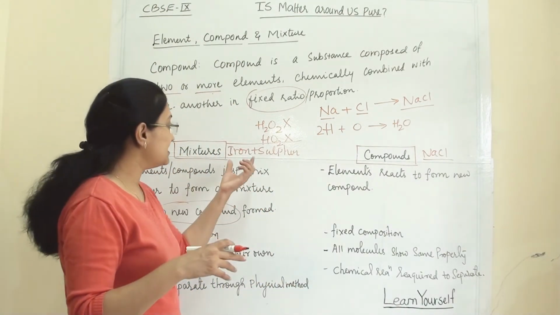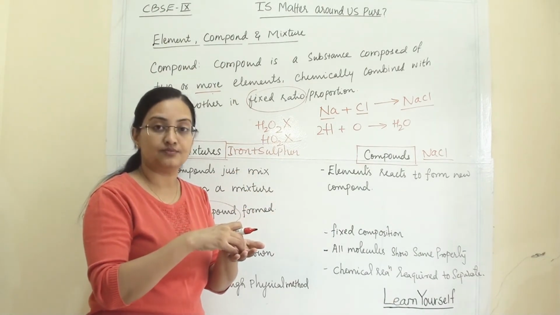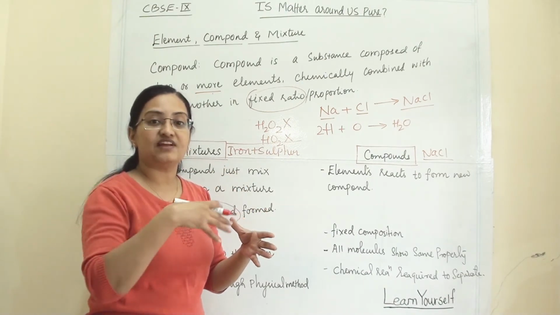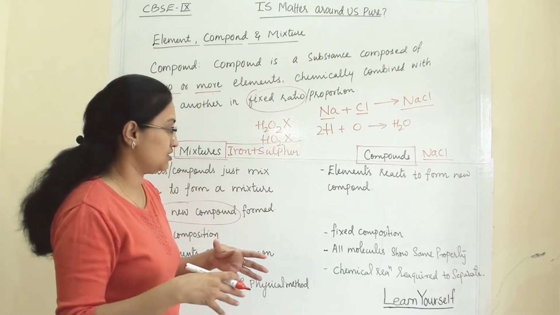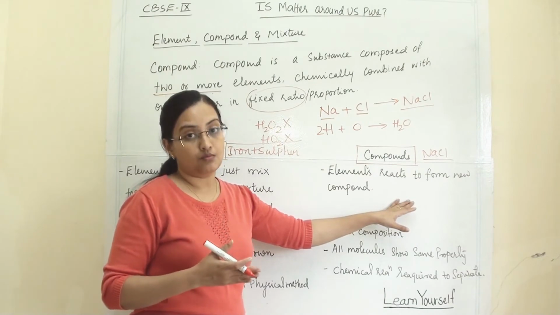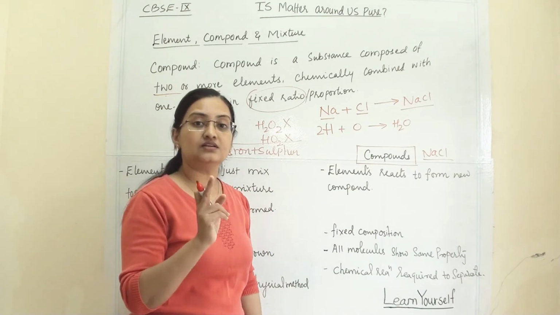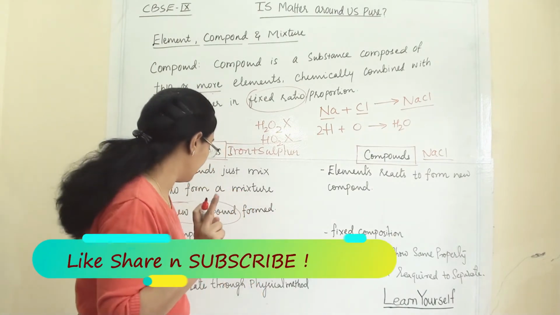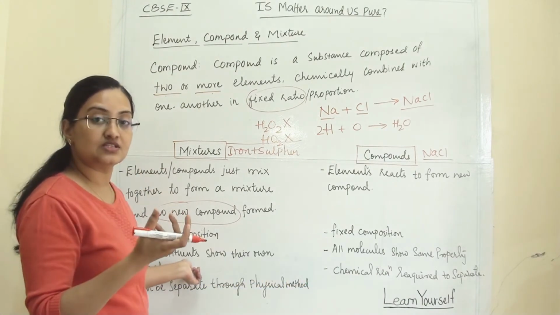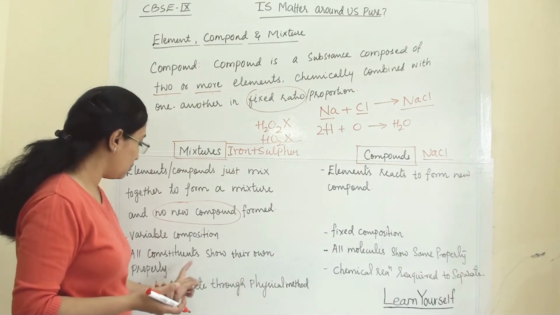Whereas here the composition will be varied. That means it is a mixture of iron and sulfur. Somewhere you can see iron, somewhere you can see sulfur. As the components increase, you can see many varieties of composition in the mixture. But you cannot expect that in a compound, because a compound will show only one type of characteristic property. In a mixture, all the constituents, meaning all the substances you have mixed, show their own property.